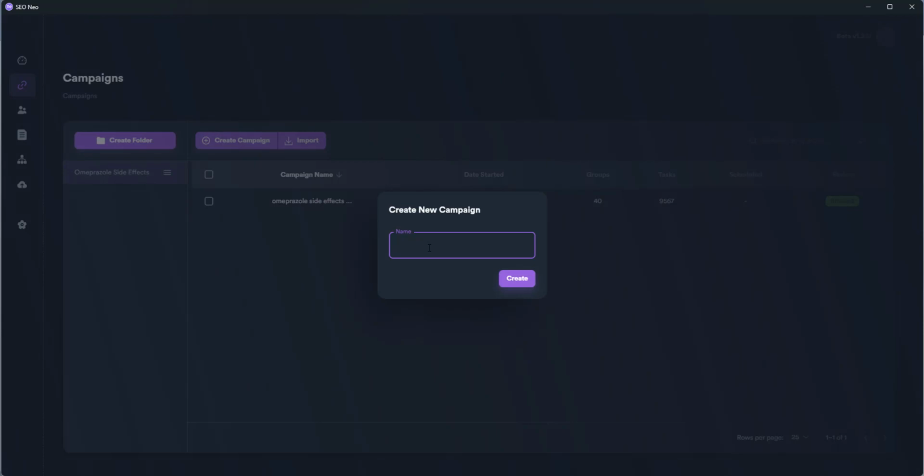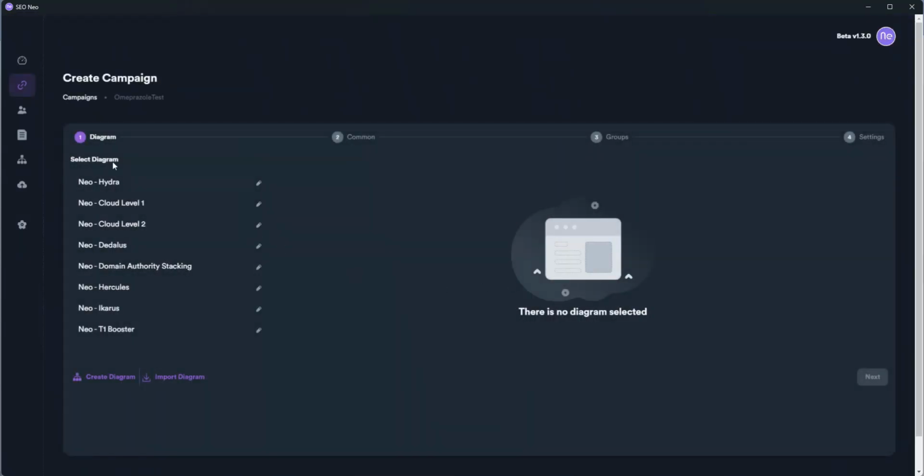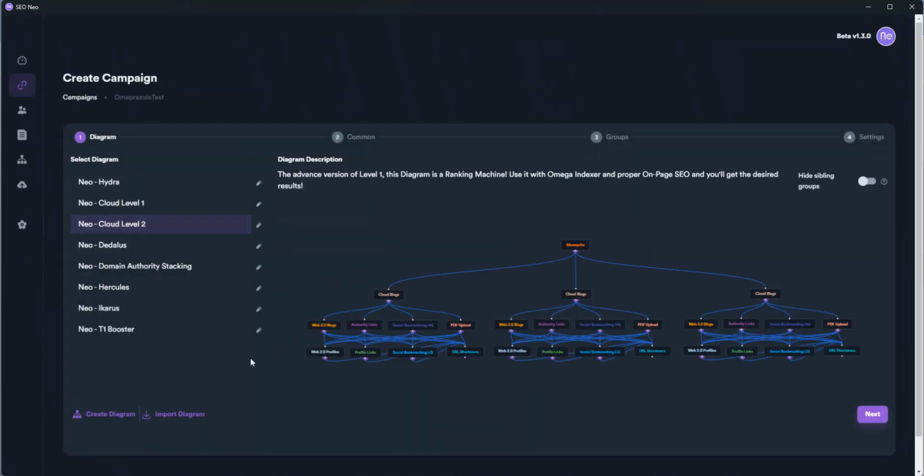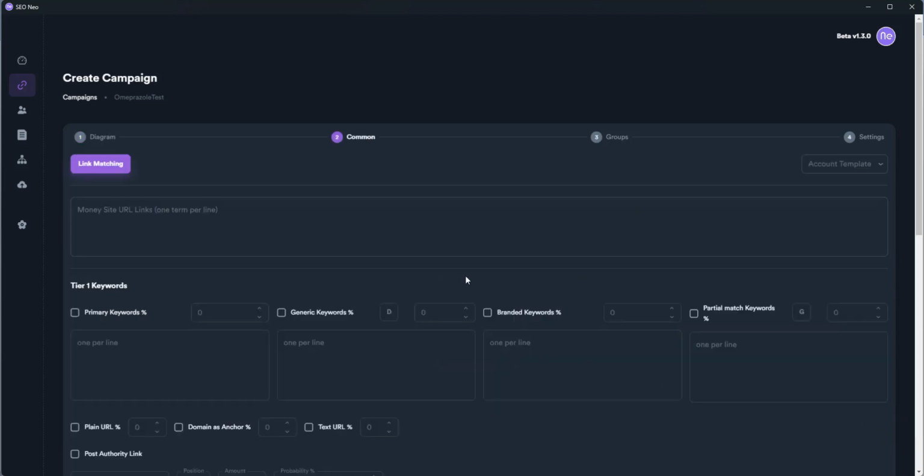Create a campaign name. And it's going to be within this omeprazole one because that's the same, but let's just call it omeprazole test just to show you. I'm going to use this one. Okay. Money site URL. Let's do